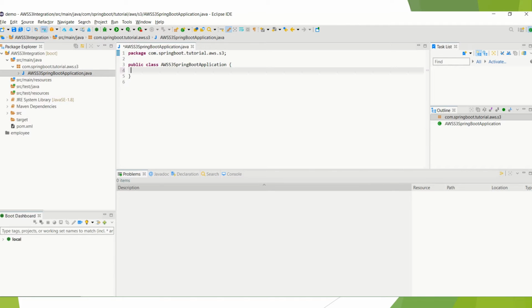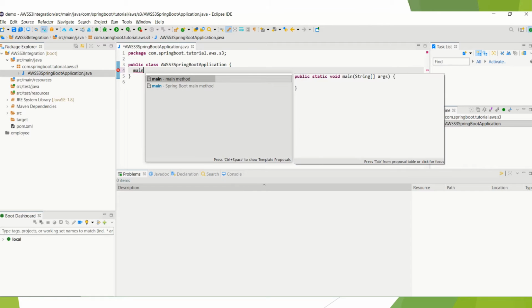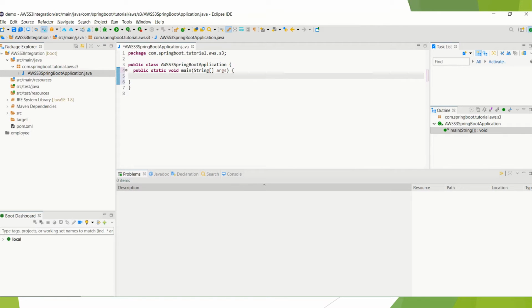Yeah. Now we have to add the main method. This is a standard Spring Boot application, so I'm not explaining it because I have already published one video on how to start a Spring Boot application from scratch. Hopefully you all know how to develop a Spring Boot application.